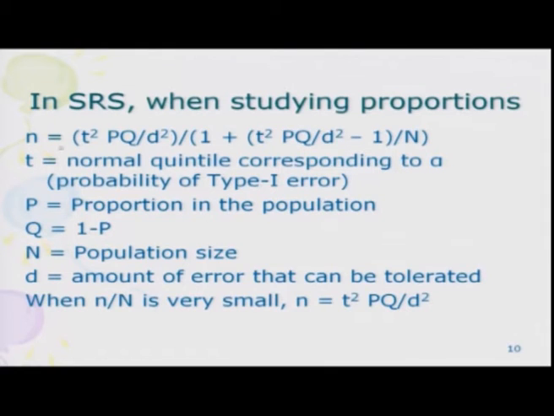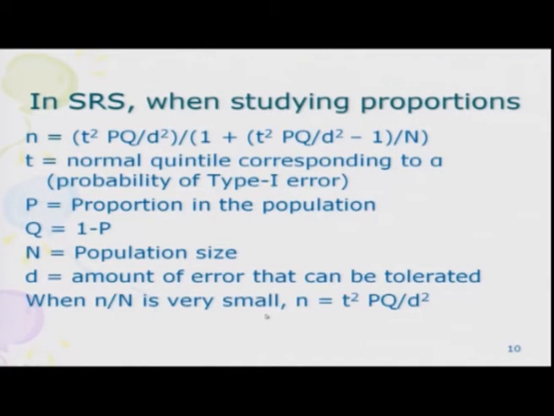So, by using this formula you can calculate the value of n. If capital N is very large, means population is large, or the sample fraction small n by capital N is very small, then n reduces to t square P Q by d square. Cochran suggests that you first calculate this part, t square P Q by d square, and then for the sample size